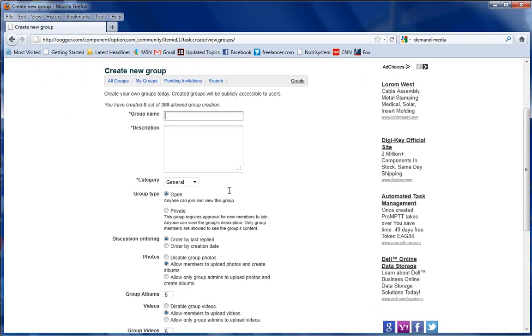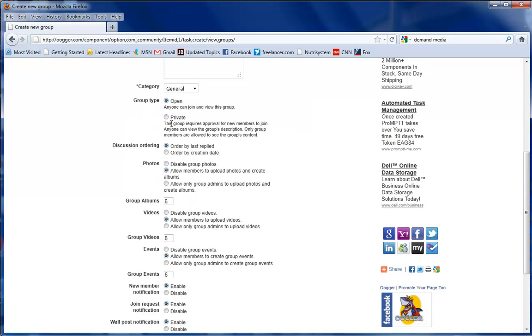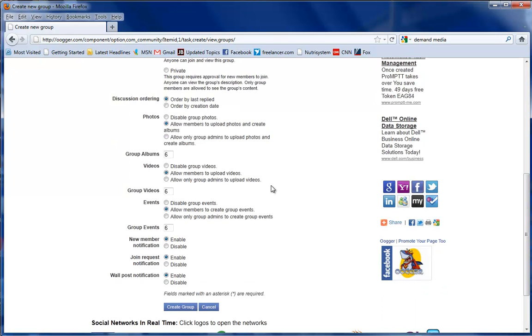This would allow us to put in a group's name and a description. Let's say that you're a fan of a particular author. You could put in the author's name, fan group, put in your description, add your category, choose your privacy options, choose your discussion ordering, which can be by last replied or creation date,